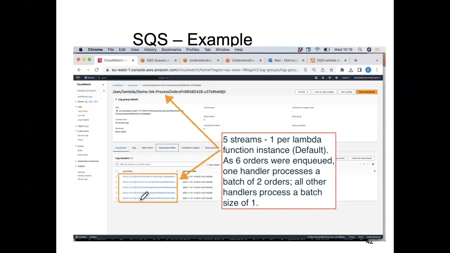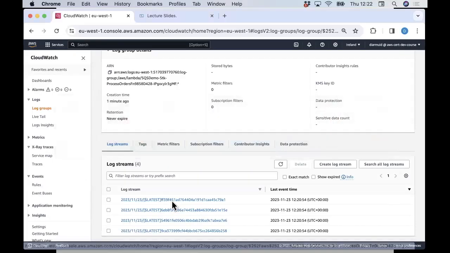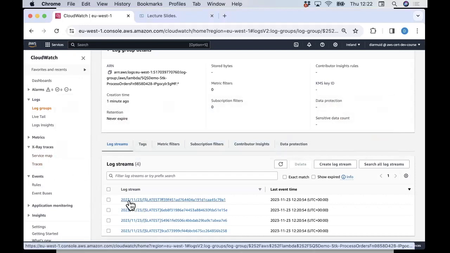And there's a stream per instance of my Lambda. So when I played with it, whenever I ran it and took a screenshot, it did actually create 5 concurrent instances, whereas in this case, it has only created 4. And that probably is just down to the amount of activity that's happening on the AWS platform. And so if we look at each of these streams, some of these streams will indicate that the batch was of size 1, whereas others will have more than 1. And so if we just step through them one by one,